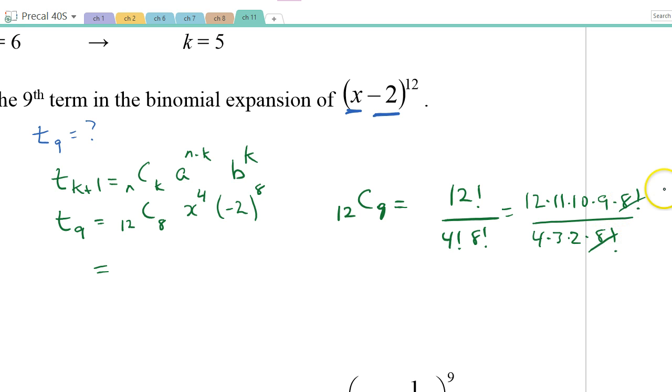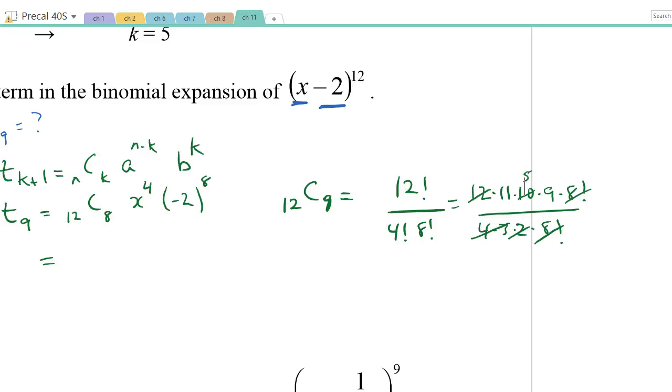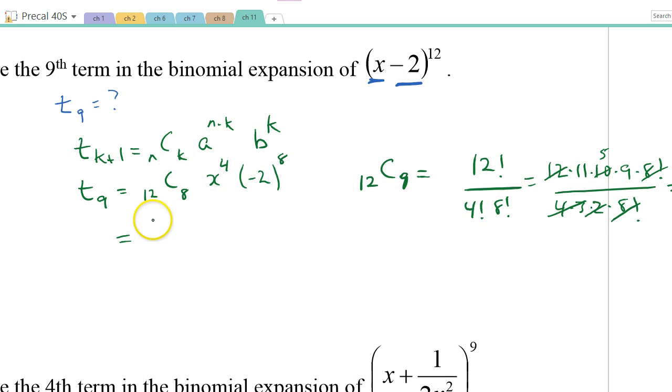So my 8 factorials disappear. I can do a little bit of creative work here and say, how about my 4 and my 3 get rid of that 12. This 2 will turn this into a 5. So 11 times 5 times 9, 5 times 9 is 45, times 11, 495. Probably this would be a calculator question, but I kind of like doing that sometimes. So 495